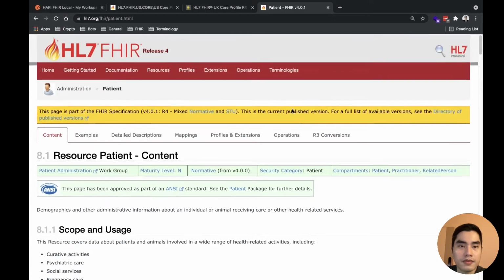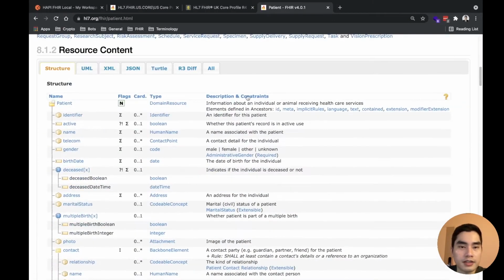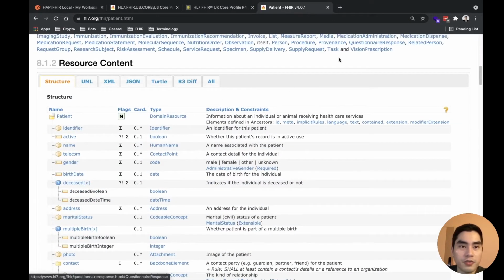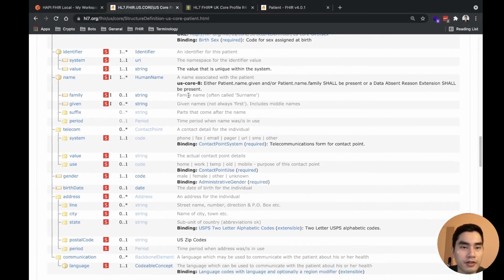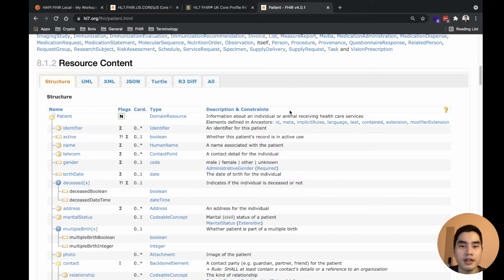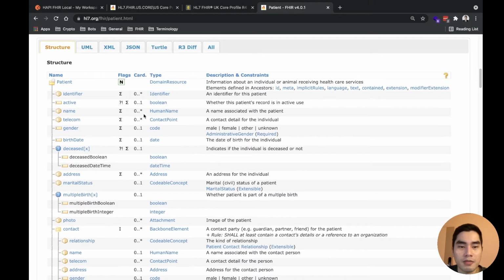So we see that this is the Patient profile, right? And this is the US Core profile. What is constraining? Constraining is making an optional element required, or making an element that can have multiple values have only a specific value.